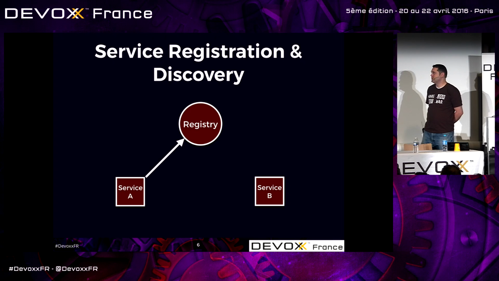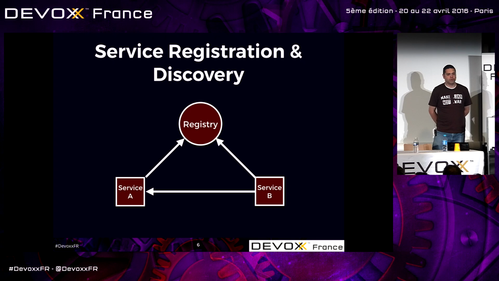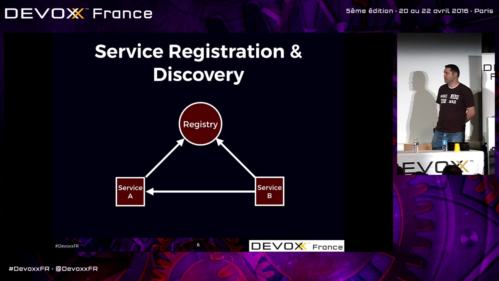Service B comes up and says, hey, I want to talk to service A. Can you tell me about service A? And the registry responds, here's a list of hosts and ports. And then service B can call directly to service A, right? It doesn't flow through the registry. Requests go directly to the other instances. So that's the service registry pattern. Pretty simple, and we'll talk about 3 different implementations of this pattern a little later.